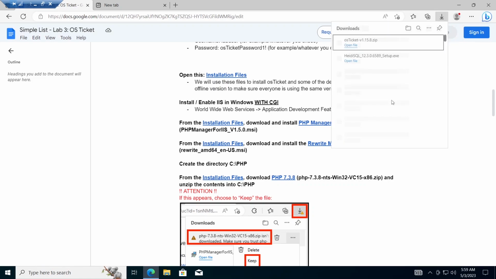So let me go to downloads. You can see here in my downloads, I have the PHP manager, I have the rewrite, I have the PHP, I have the vSerial disk, and I have the MySQL and the MySQL, and then the osTicket itself. So to move on, I'm going to first download